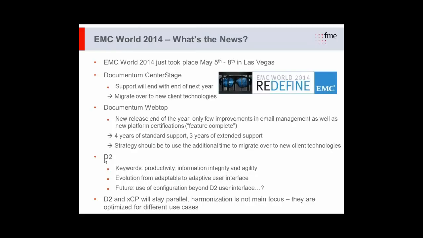Now for D2, the main keywords at EMC World were productivity, information integrity, and agility, which will be the core areas for future enhancements and improvements. The goal is to evolve D2 from just an adaptable user interface to a more adaptive user interface. That means the interface should react by itself to specific context changes and should proactively provide the user